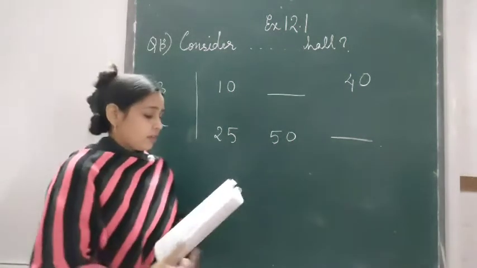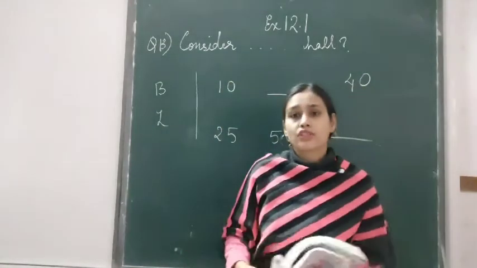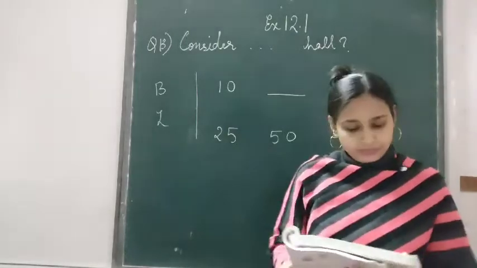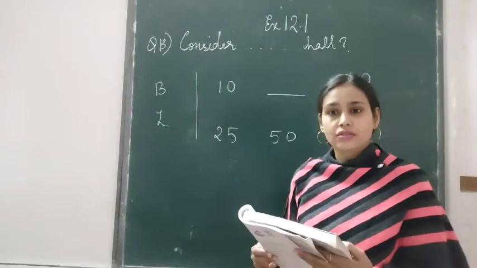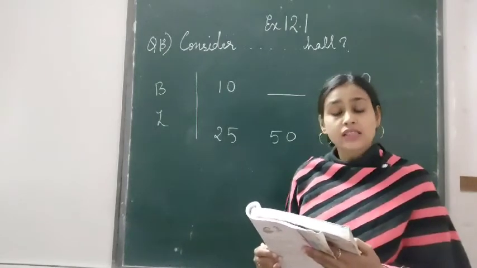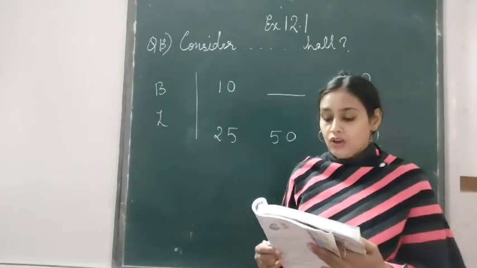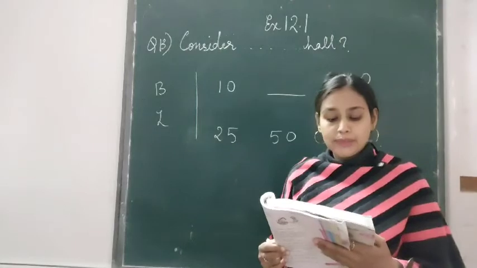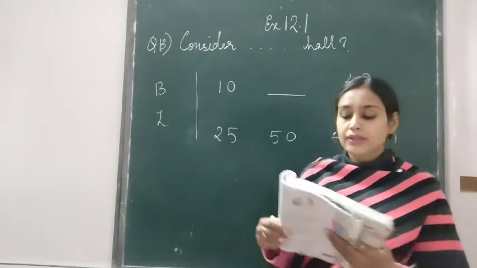Children, today we have to start question number 13. Okay, question number 13 of exercise 12.1. I will read the question for you all, children. Consider the statement. Ratio of breadth and length of a hall is 2:5. Complete the following table that shows some possible breadths